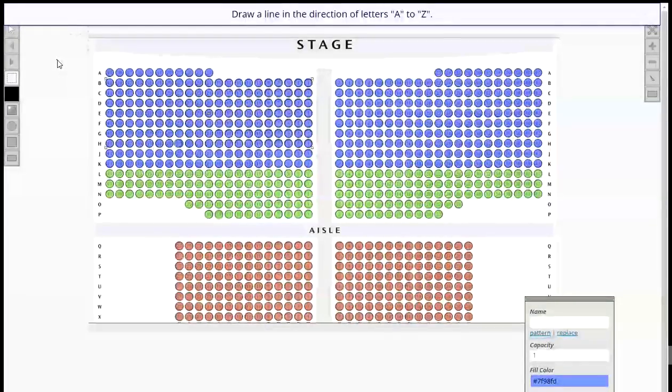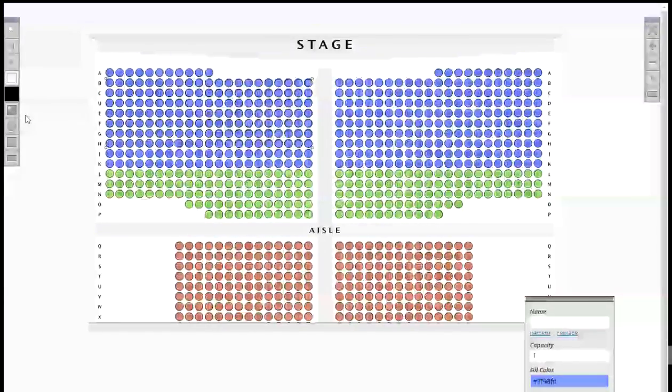And again, draw my lines A through Z and low to high. So if I was to pick this seat, you can see it's H1. You can see if I pick that one, it's F41. That's done correctly. The final thing I need to do with the blue seats on the left is to name